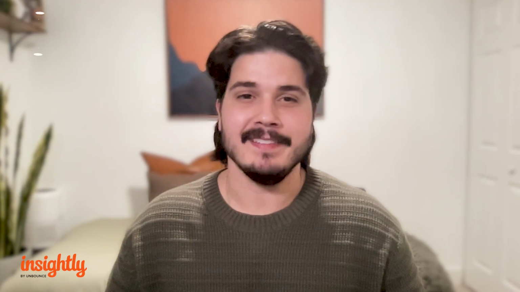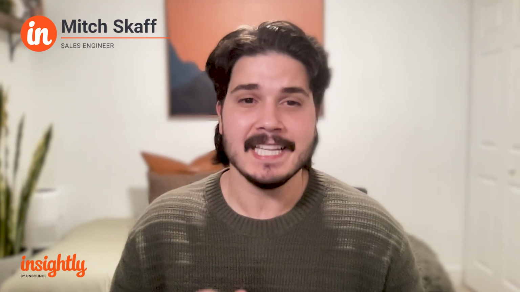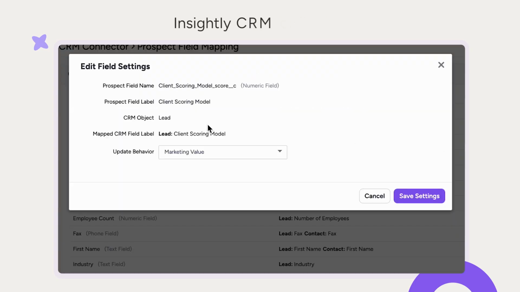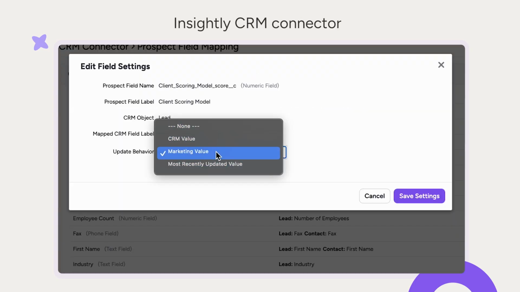My name is Mitch, and today I'm going to bring you through an introductory product demo of Insightly Marketing, a marketing automation solution built in complete alignment with Insightly CRM, designed to enable B2B and B2C marketers to engage in simple, smarter online marketing. In this demo, we'll specifically review the Insightly CRM Connector for mapping data between applications with